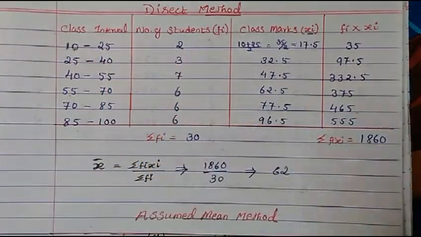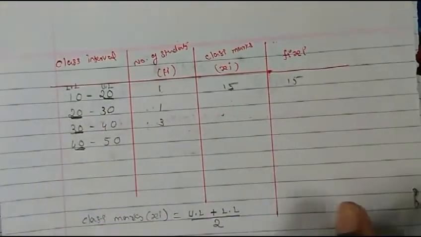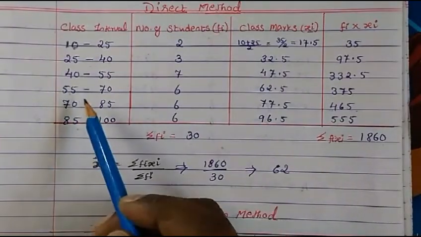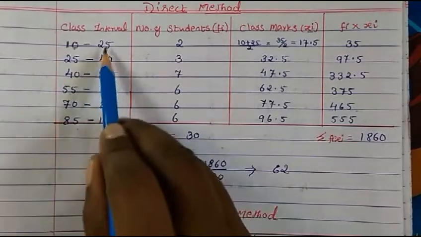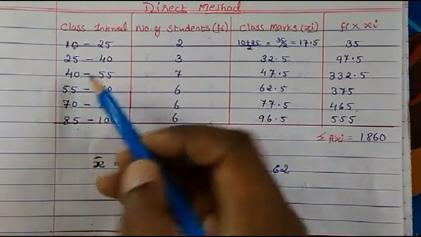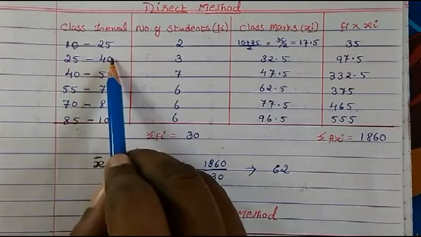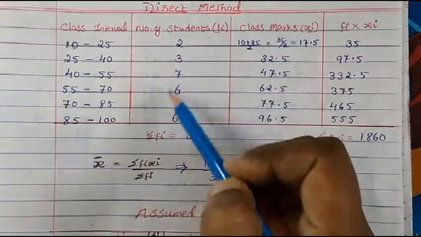As I explained to you, same way here, class interval 10 I showed you. Here I have taken class interval 15. You can take any class interval, you can take even 30 or 40, it is up to you. Or you can take class interval 5 also, there is no problem. So 5 means 10 to 15, then 15 to 20, then 20 to 25, like that it will come. Then you have to write number of students accordingly.